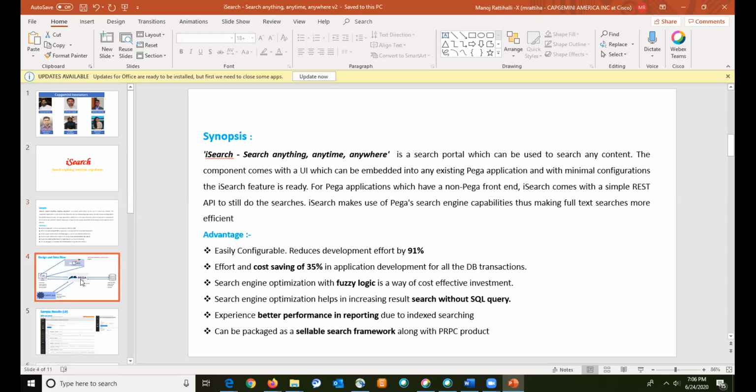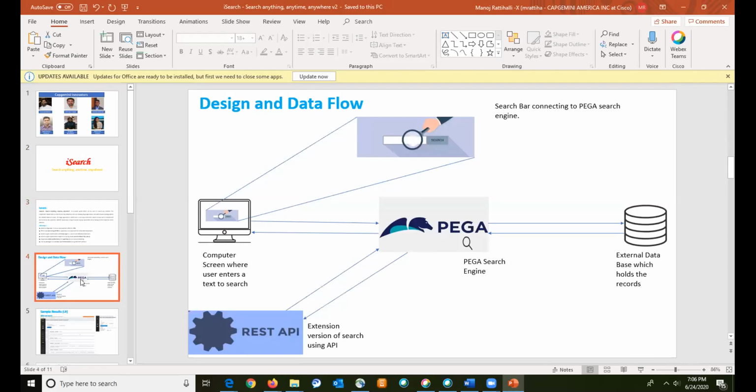Now coming to the design aspect of this, we are making use of the Elasticsearch capabilities that come with the Pega search engine. With the Pega search engine being the core component here, we have a UI which interacts with it and then gets the results from external or internal databases. And as I said, there's a REST API as well, which can directly trigger the Pega search engine to